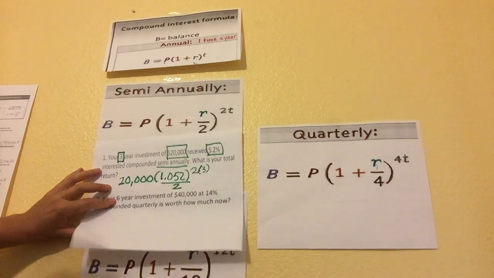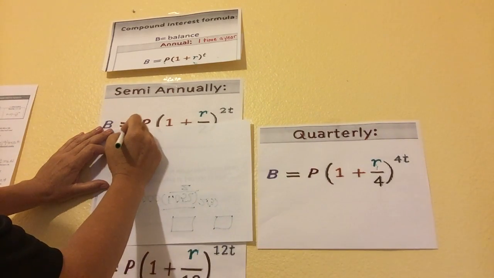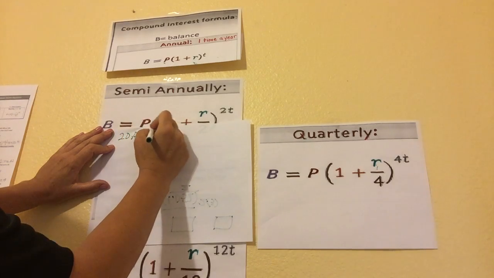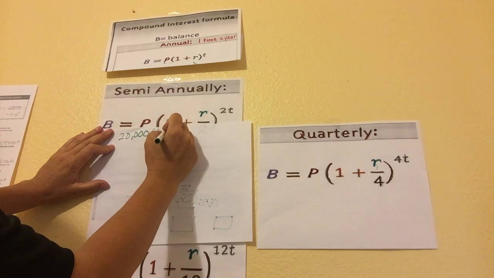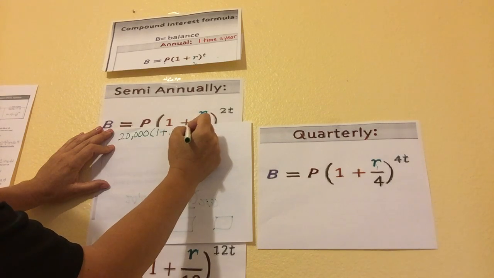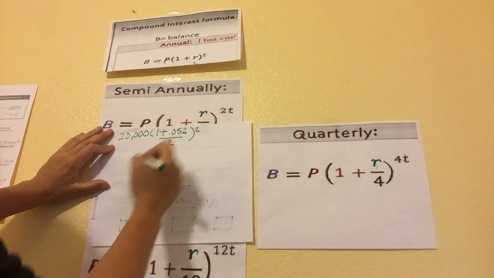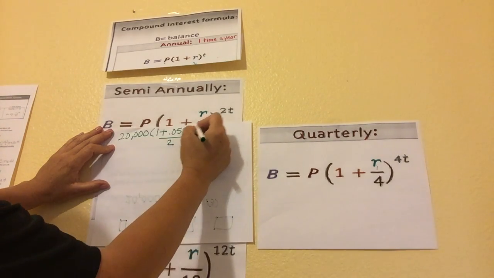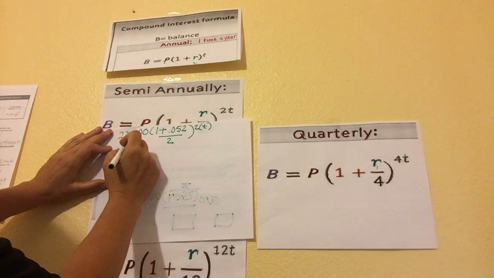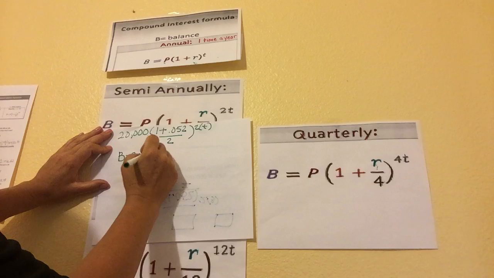So if I rewrite that, combining that, I'm going to get 20,000 times 1 plus 0.052, just so you can show all your work, over 2, and then 2t, okay, and then when I solve that, I have B equals 20,000,